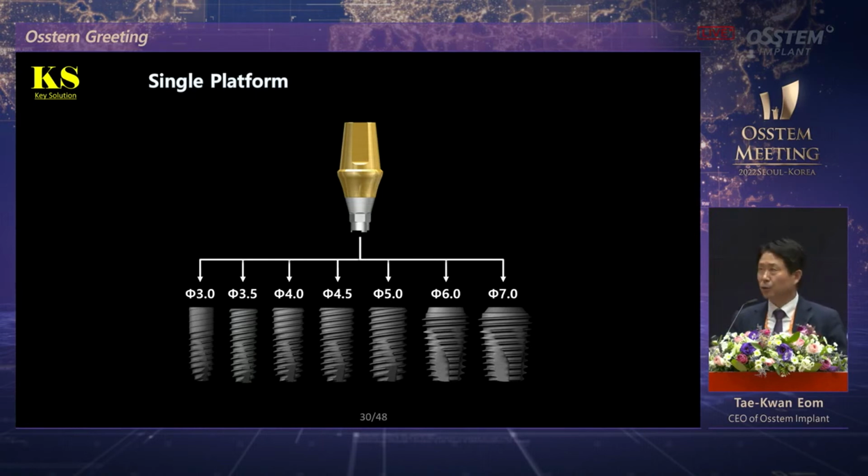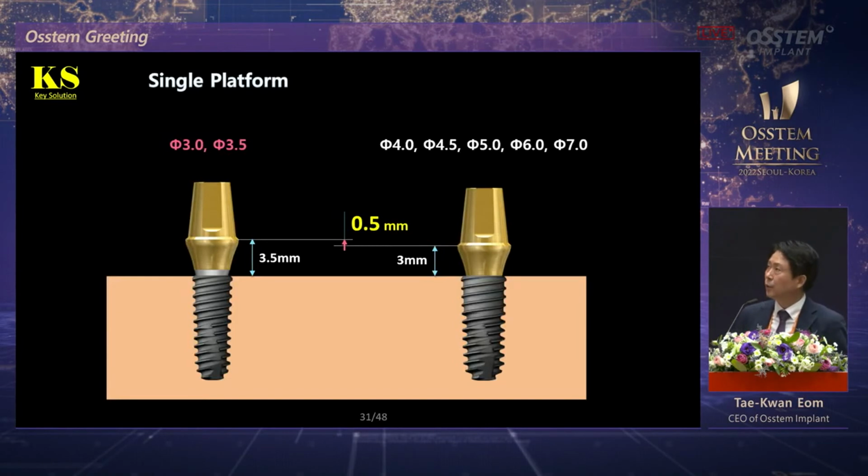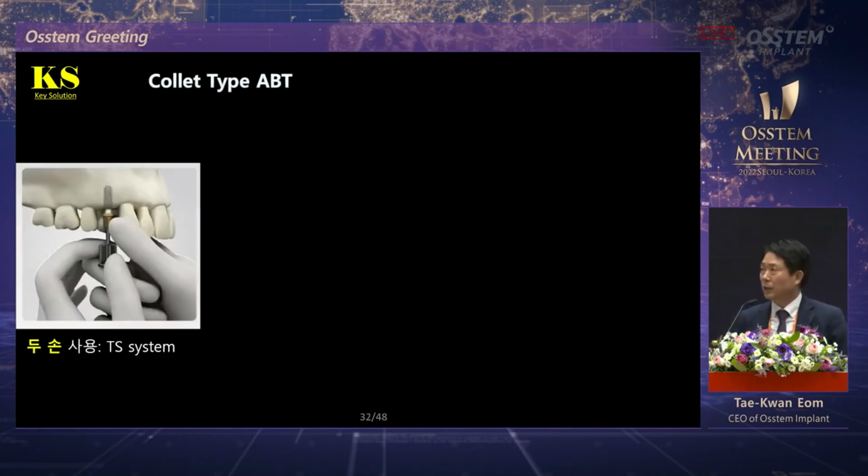3.0 to 7.0. One abutment can fit on all of them. One thing is different. The mini implant on the left, 3.5 and 3.0 in diameters. The holes are a little bit smaller, so they go up 3.5 millimeters. The change of height is 0.5 millimeters higher on the left. Everything is the same. One lab analog is different. There's a separate mini analog for this.